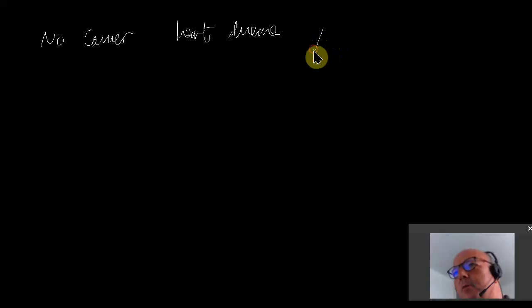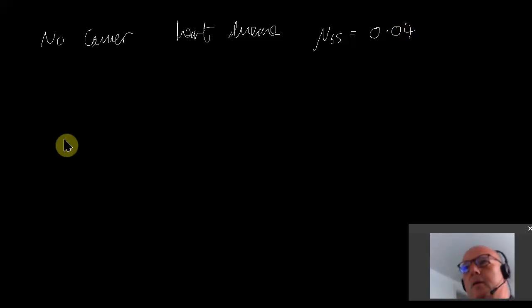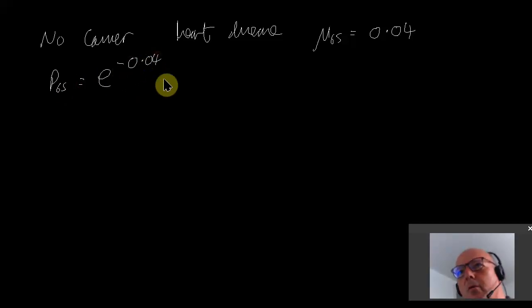And the force of mortality at age 65 for heart disease is 0.04. Okay, so this is the only form of death. So what is the probability that you survive 1 year? Okay, well, P65 is e to the minus 0.04, which is equal to